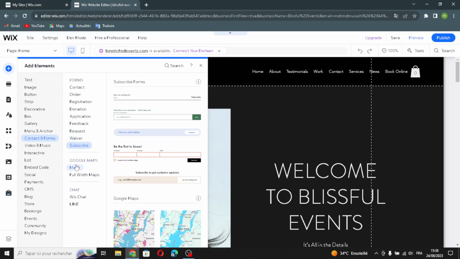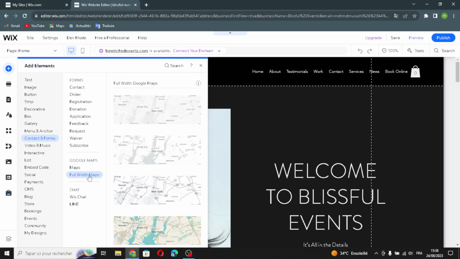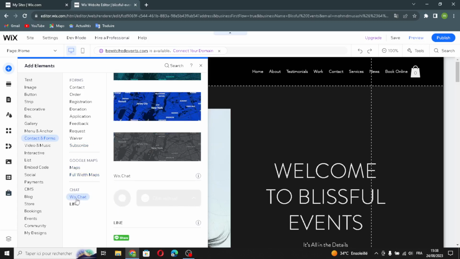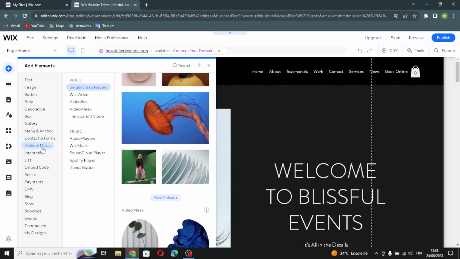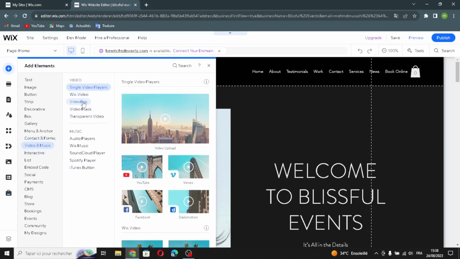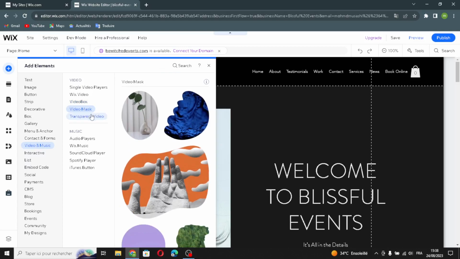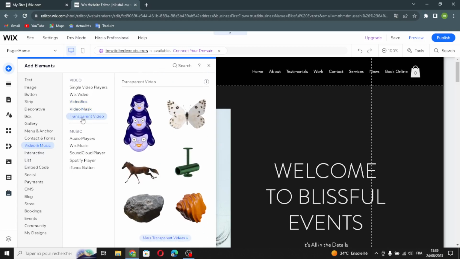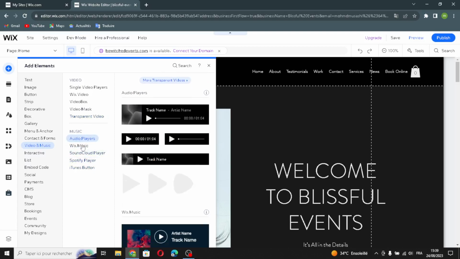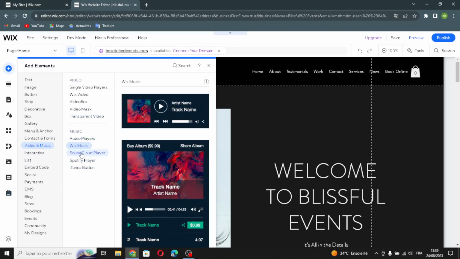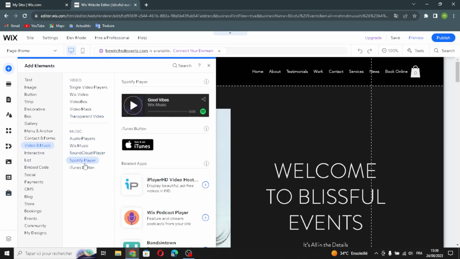Here is the Google Maps, the maps, and the full width maps. The chat also here, the Wix chat and the line here. So let's move on to the video and music. This is the video section, the video settings, Wix videos, Wix box, the video mask, transparent video. Also here the music settings, the audio players, the Wix music, the SoundCloud player, the Spotify player, and